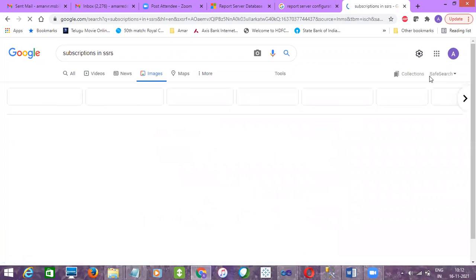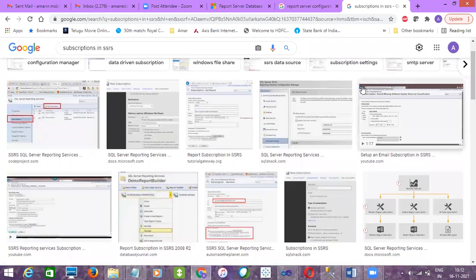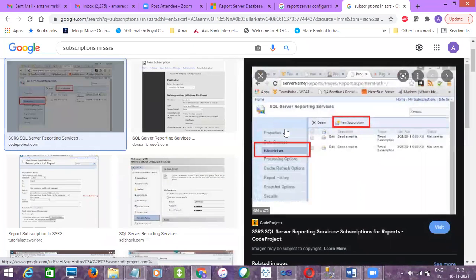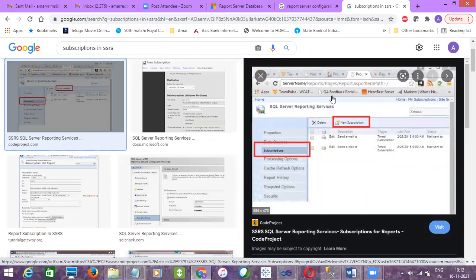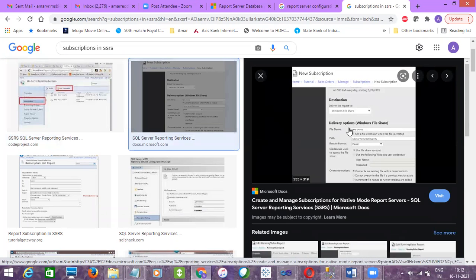There is a concept called subscription. See, if you go to Report Manager, that is also a URL. Once you go to that path, you can see there is an option called subscriptions. And you need to create one new subscription. If you click on that, then this page will open, right? Where you want to use this subscription. A subscription is nothing but sending a report to particular users in a particular format. I repeat, a subscription is nothing but sending a report to particular users at a particular point of time in a specified format, right?